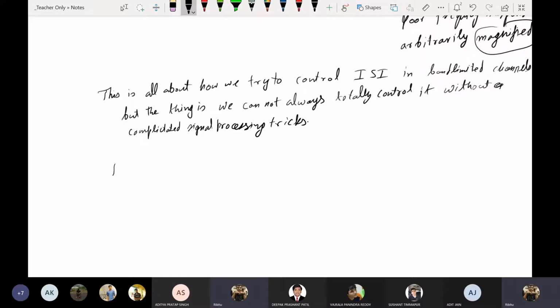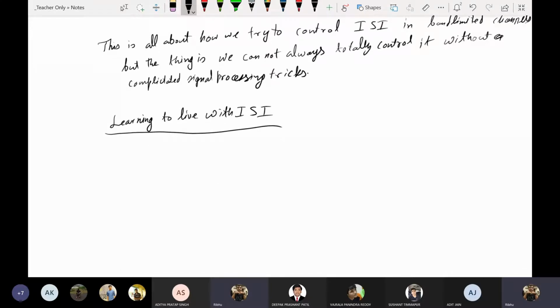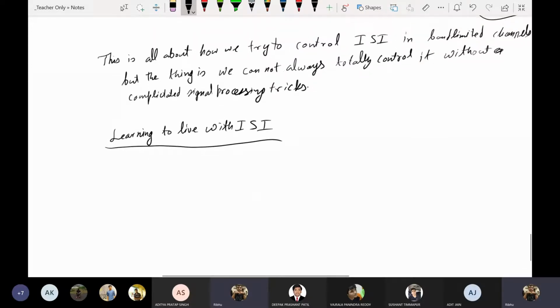the next part of the story is learning to live with it. If you cannot control the coronavirus, you shift everything to the online mode, right? So how do we learn to live with ISI? So the first way of doing this is, or there are multiple subtopics, that is, one,